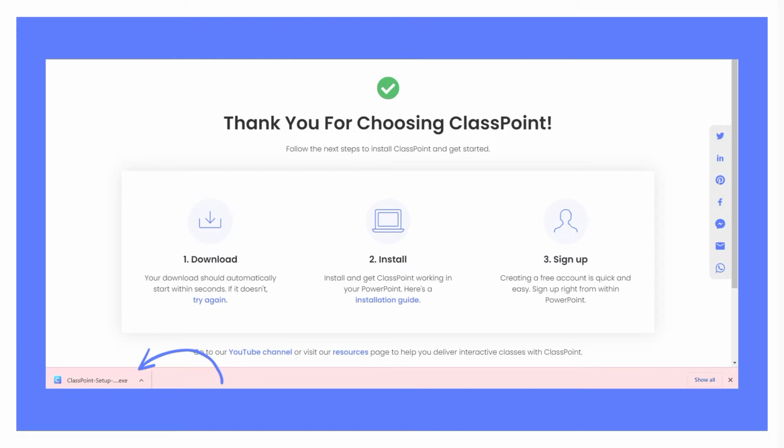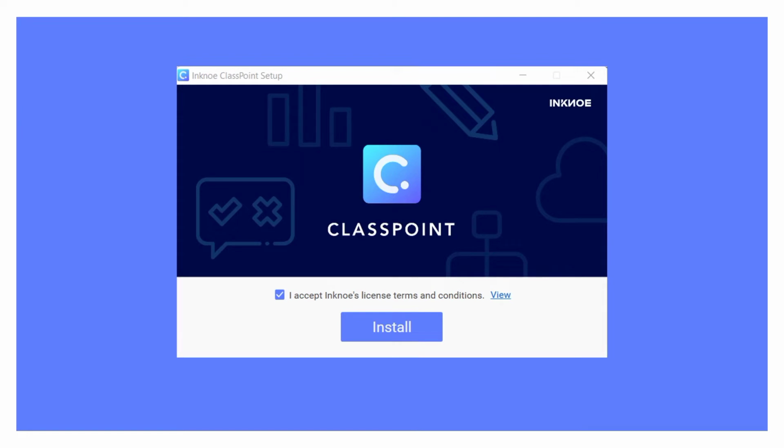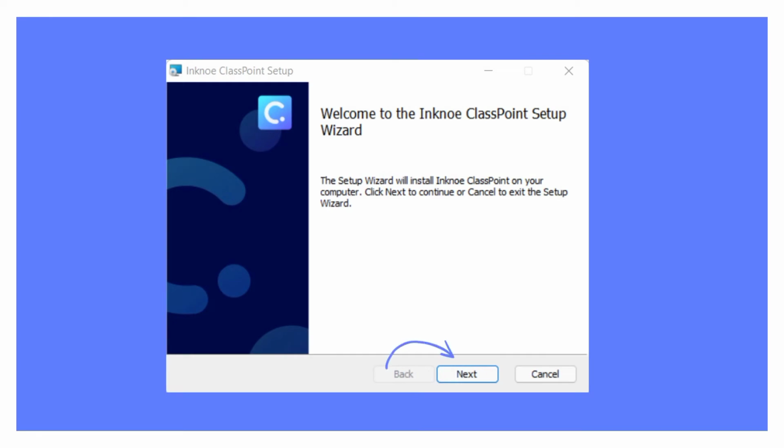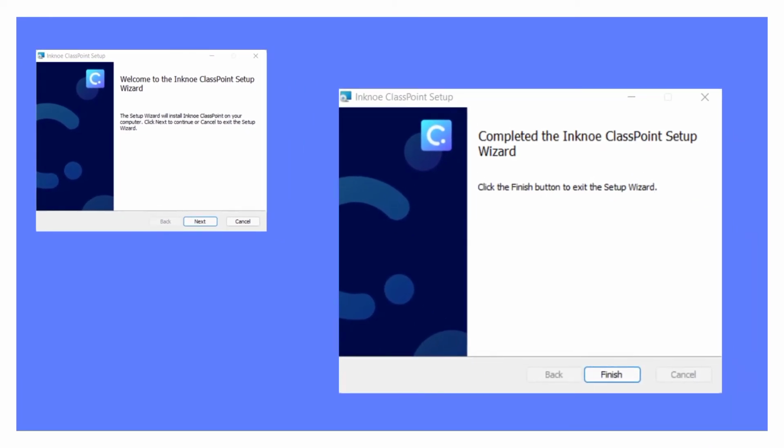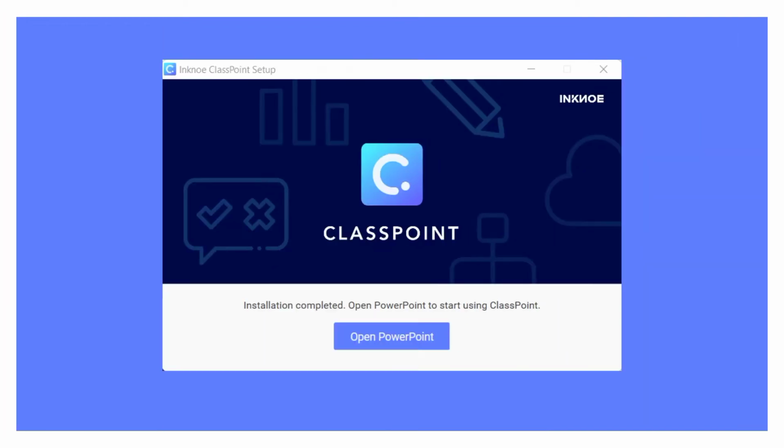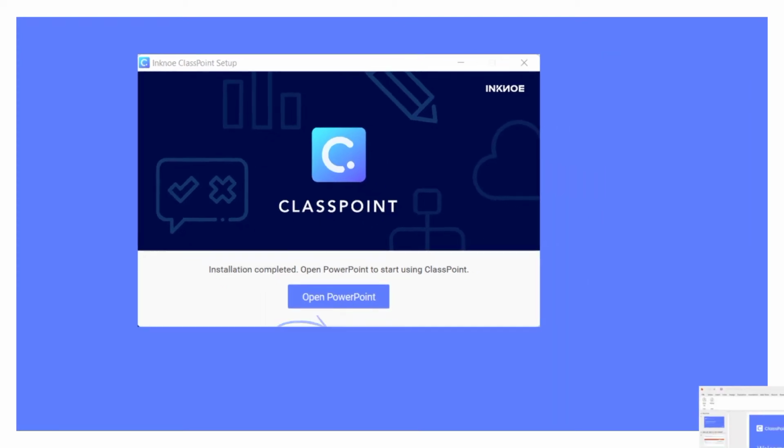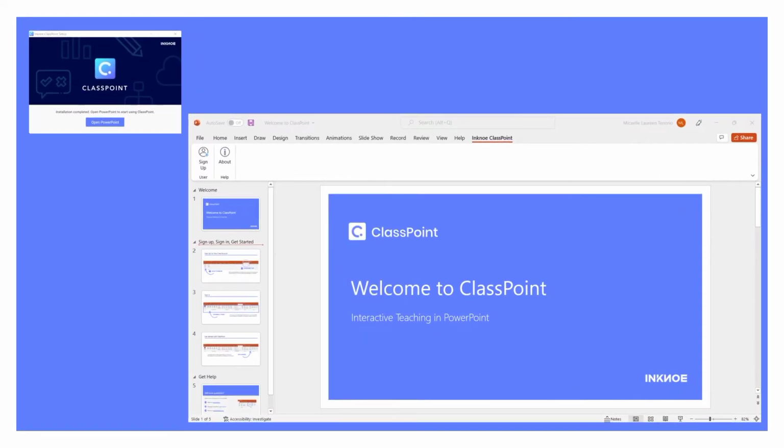Once downloaded, the next step is to install ClassPoint. Then this will pop up on your screen. You just have to check the I accept license terms and conditions, then click install. Then you just have to click next, then click finish, and that's it. Your ClassPoint is already installed on your desktop or laptop. When you click this button, a welcome PowerPoint presentation from ClassPoint will pop up on your screen. In this PowerPoint presentation, there is a step-by-step procedure on how you can sign up in ClassPoint inside PowerPoint